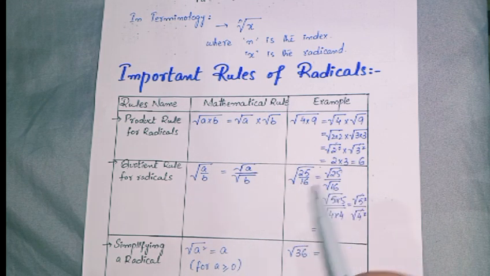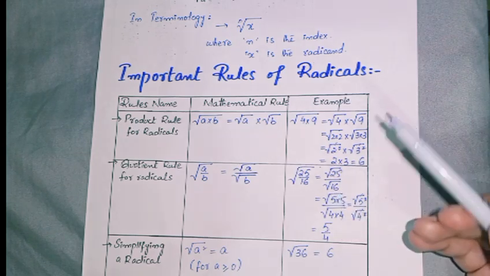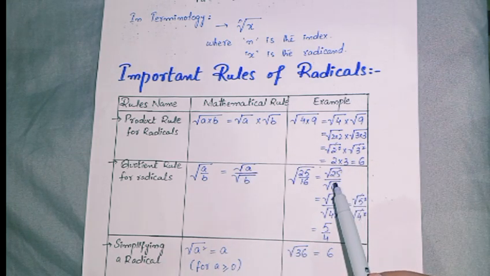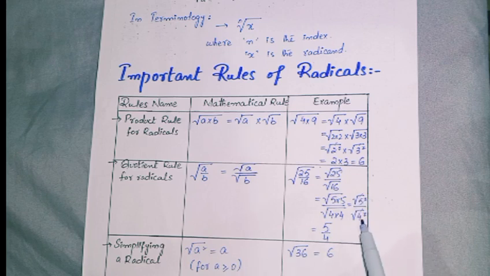Now you have an example here, square root of 25 over 16. It means again you're going to take the factors of it, in the form of a numerator and the denominator, but for that you have to separate it first. So how can you separate it? It will be written in the form of square root of 25 and square root of 16. Now you will take the factors of it. It will be 5 into 5, and what about this 16? It will be 4 into 4. So you will take 5 square, that can be simply cancelled out with the square root. And what about this 4? It will be 4 square, it can be simply cancelled out with the square root. You will get the simple answer, that is 5 over 4.